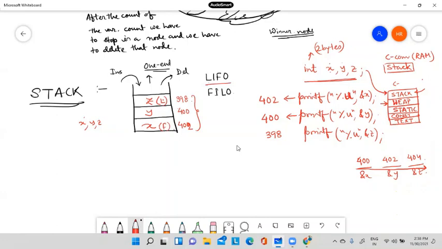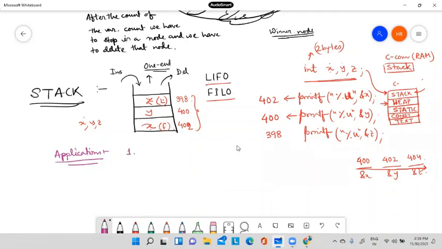Similarly, this is the first element we have inserted, x, and this becomes the last element that we'll take out from the stack. So we can say this is last in first out, or first in last out. Okay, now the main thing of this data structure is its application. Where should we go, or why should we require this type of data structure? So we must understand the application of this data structure.